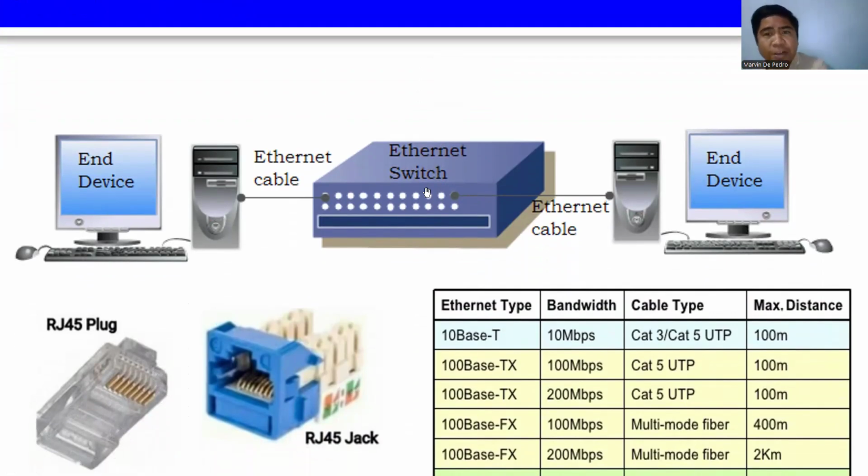So we use them to connect our end devices to what we call the Ethernet switch. It's like a central hub that identifies all the devices connected to it through their MAC address. For each port, it will assign, okay, this port is assigned to this MAC address. It establishes a table of the ports taken by the respective MAC addresses. So that will serve as the basis of identifying which one is sending, which one is receiving, and so on.